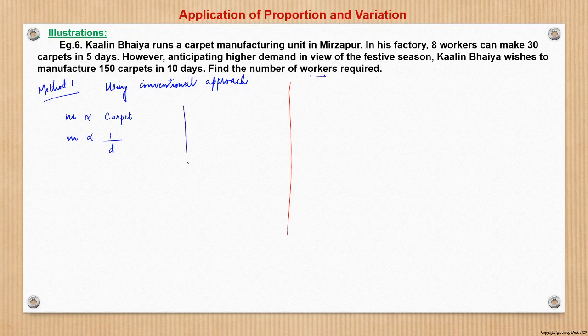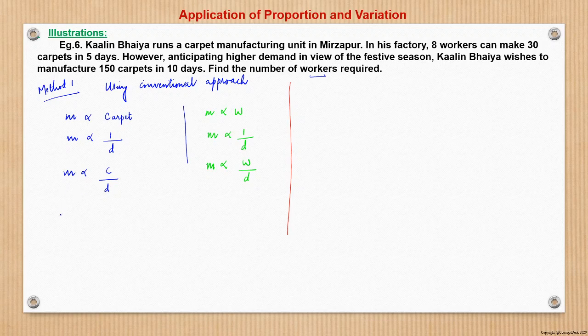In general parlance, we call it a work. In terms of work, M is the number of men. So more is the number of men, more will be the work done. And if more is the number of men, higher is the manpower, so lower will be the number of days required. So if we combine this, M will be proportional to W by D, right? So same thing here I write, M will be proportional to the number of carpets upon D,